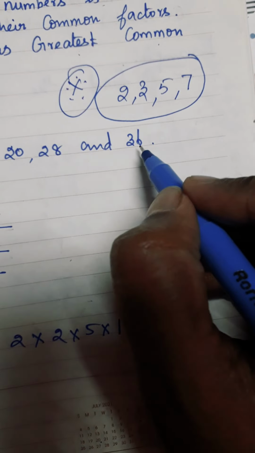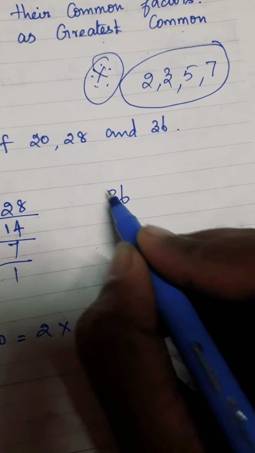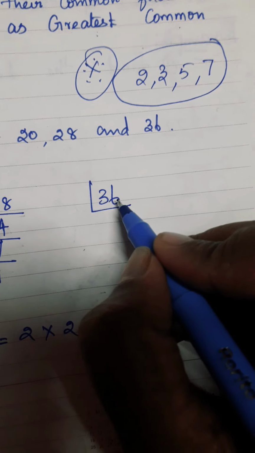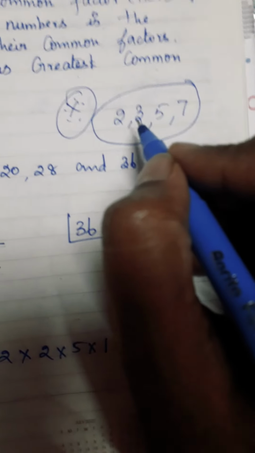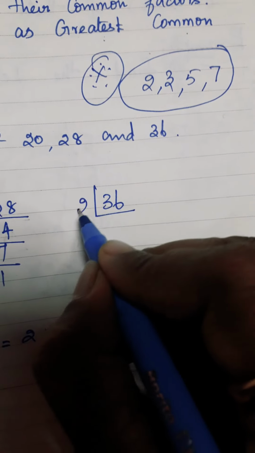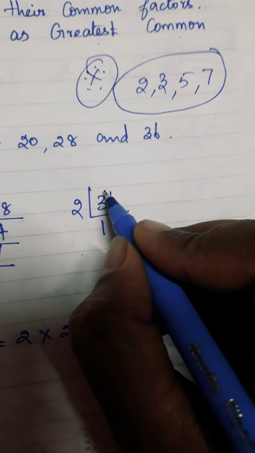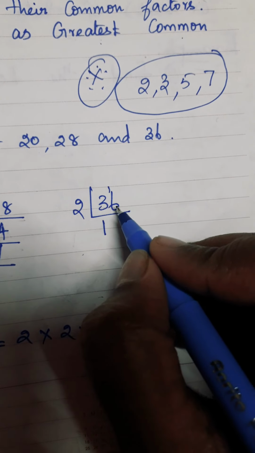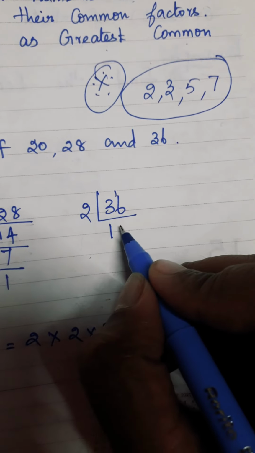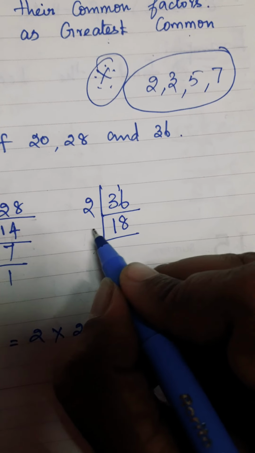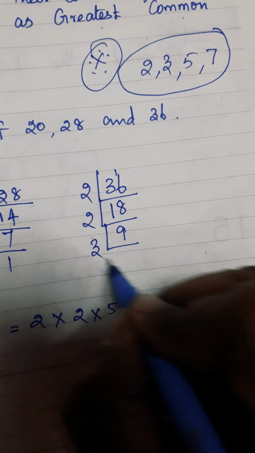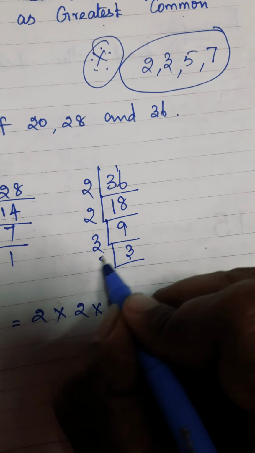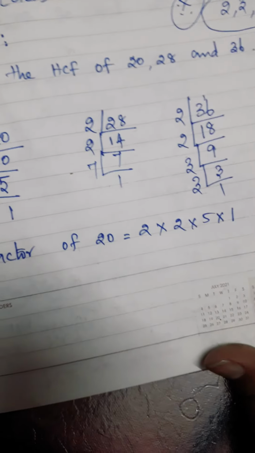Then select the number 36. Here the ones place is 6. So first select the 2 table. After that you have to select the 3 table. First select the 2 table. 1 two is 2. Here balance 1. So now consider the 6 as 16. 8 twos are 16. Then again 2 table, 9 twos are 18. Then 3 table, 3 threes are 9. Then 3 is a prime number, so at last 3 ones are 3.